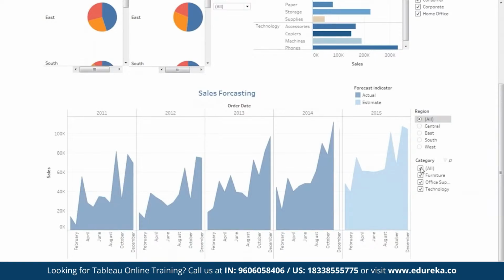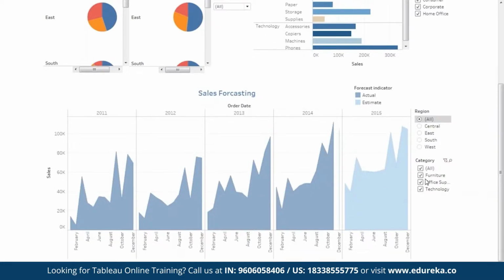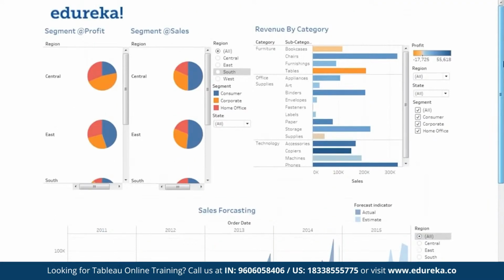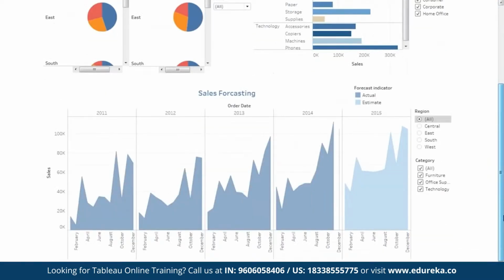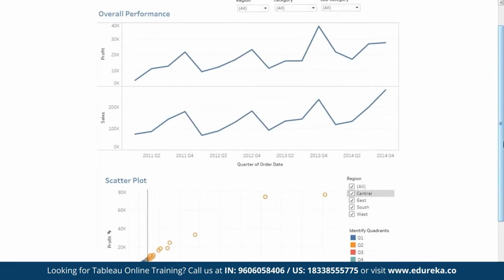So this is what our second dashboard looks like, guys. Segment at the rate profit, sales, revenue by category, and finally the forecasting we have added. Our first dashboard looks like this. So the first two questions which we were supposed to answer, right? The overall trend and also how the states have performed, right? It is getting answered from this dashboard. The person who is looking at this dashboard, the decision maker, he or she can select the region, category, and see the trend and make a decision